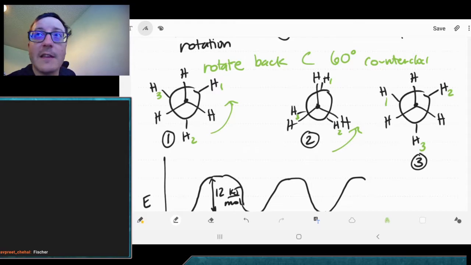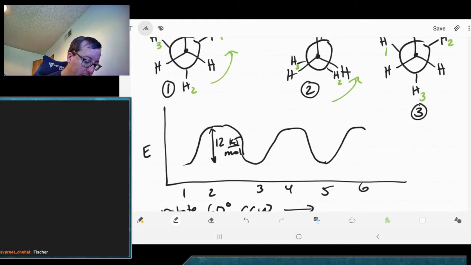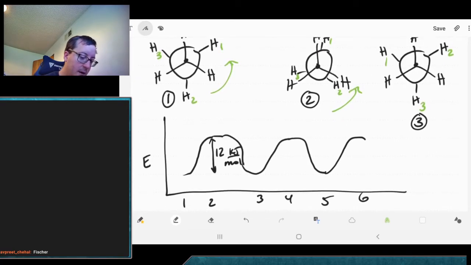If we want to look at these, we can talk about these. Number 2 is going to be higher energy. Let's see if I can fit all of this in here. Those orbitals are going to be bonking into each other, the orbitals that contain the hydrogens. As this molecule is rotating around, which it does constantly, 12 kilojoules per mole is not very much,